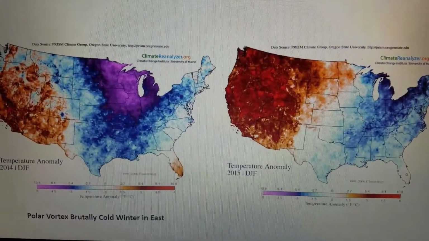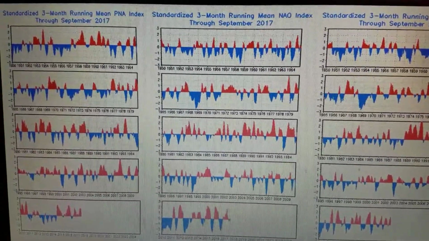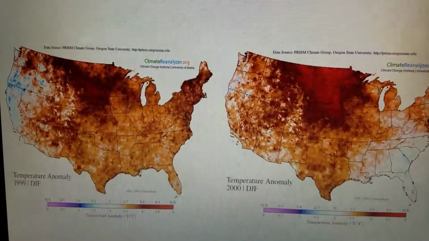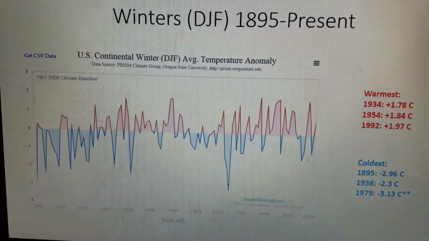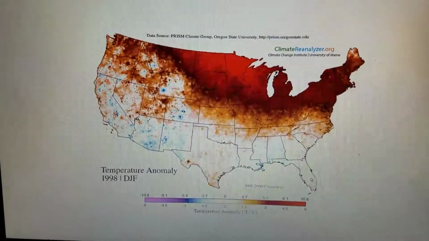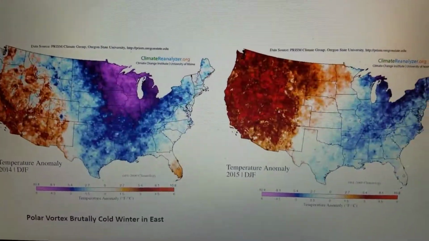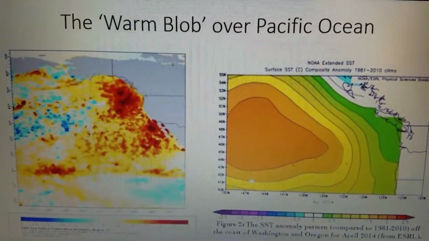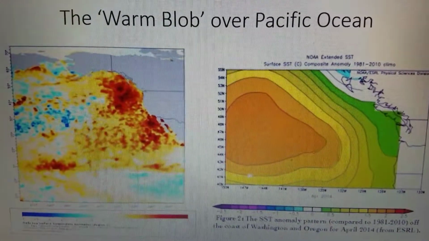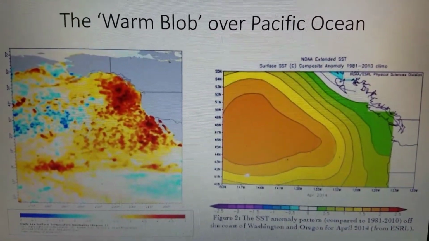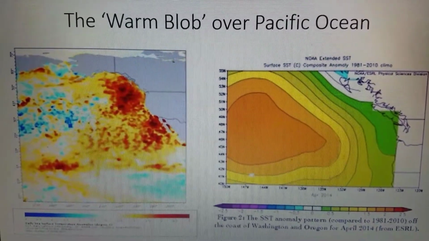There's ups and downs with temperatures, as indicated by our temperature data going back to 1895. And there's also lots of ups and downs as demonstrated by this graph. I thought it would be fun to take a look at the past winter weather since 1895 over the United States, just to kind of get you a feel for the warmest and coldest winters.